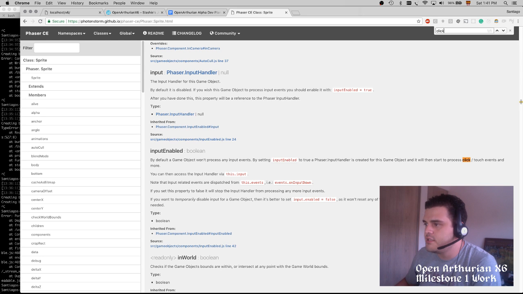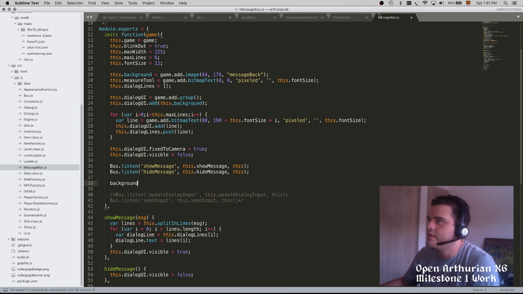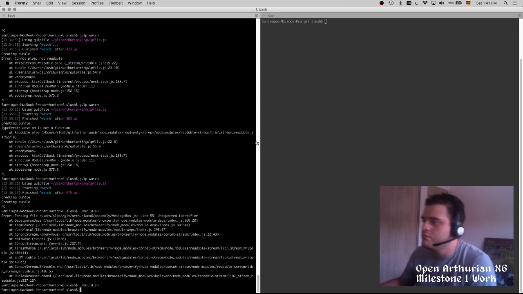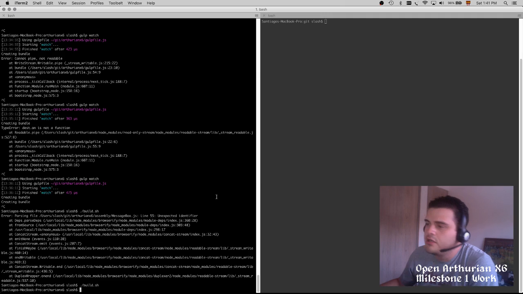So we gotta set input enable and then add this on input down. We have something about, no, we still don't have anything like that. So input enable for the background, and on input down, yeah,